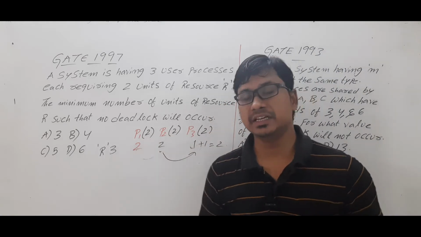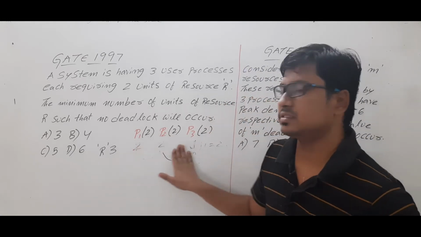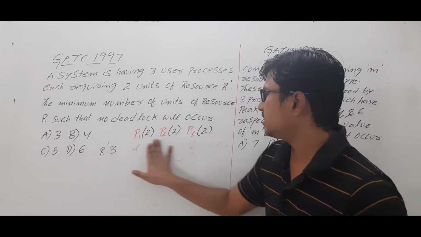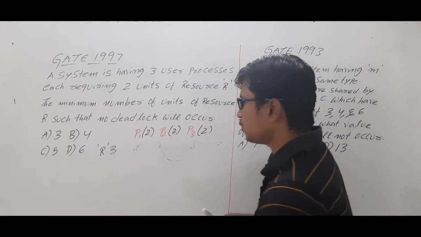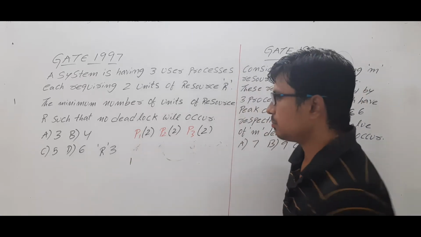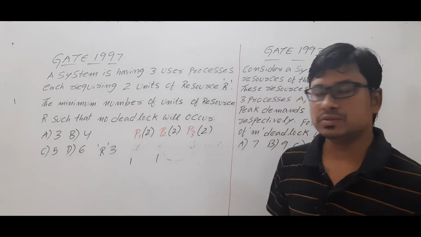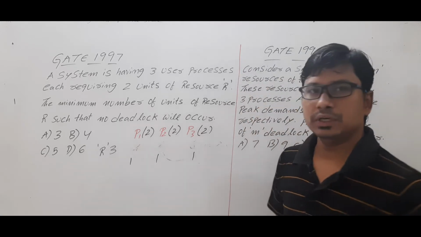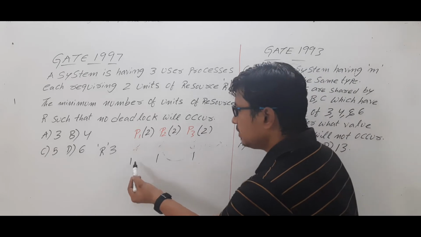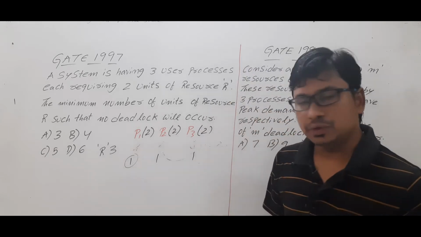But this is the best case. Now let me discuss the worst case. Is it clear? Suppose I have allocated 1 unit of resource R to P1, 1 unit of the resource R to P2, and 1 more unit to P3. Then P1 needs 2 units of